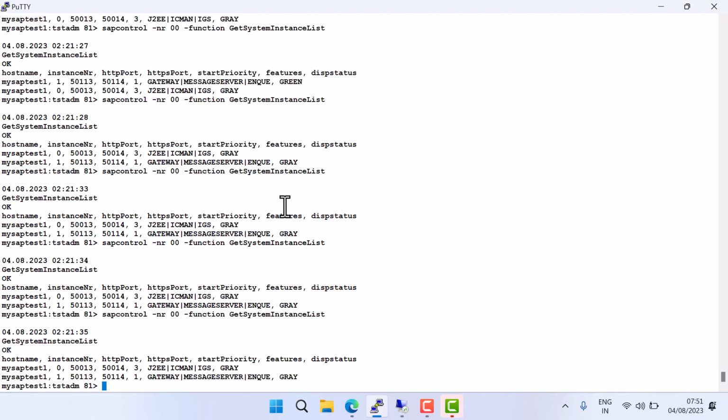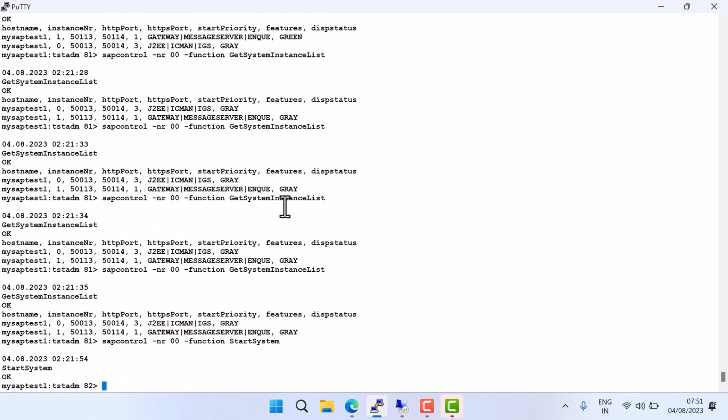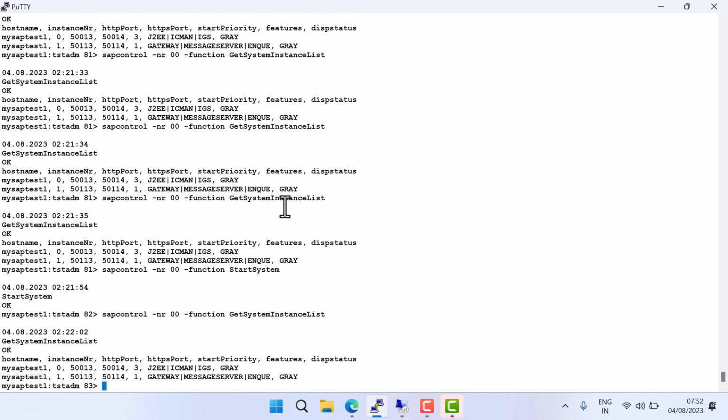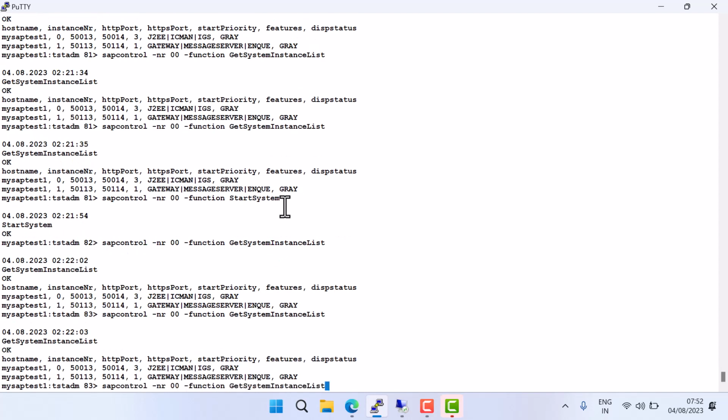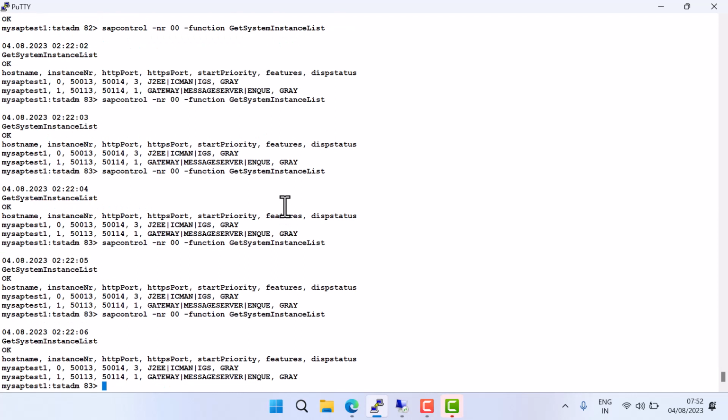Now I am starting it. I'm using sapcontrol -nr 00 -function StartSystem. Now what will happen here? I'm using the same command, start. Now I am starting everything. So let's see what will happen. Up arrow, enter, up arrow, enter. If you don't want to do that up arrow, enter,